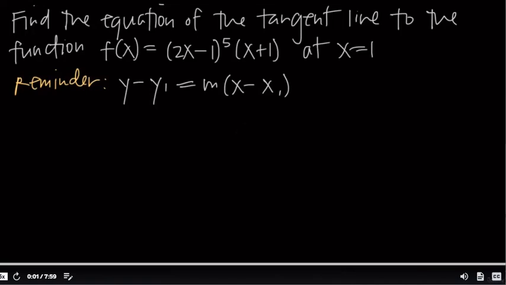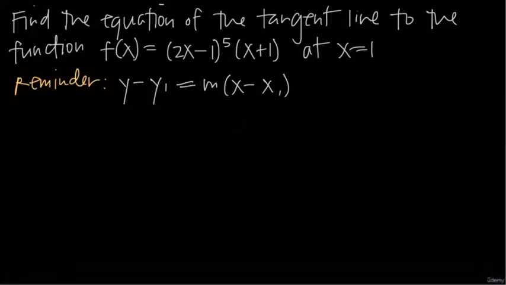In this video, we're talking about how to find the equation of a tangent line to a particular function at a specific point. And in this particular problem, we have the function f of x is equal to (2x minus 1) raised to the fifth power times (x plus 1). And we've been asked to find the equation of the tangent line to this function at the point x equals